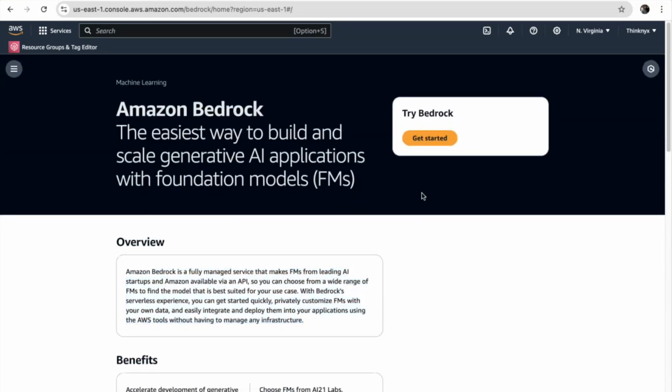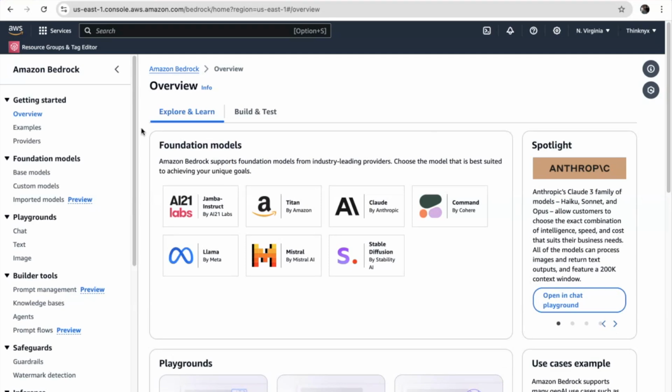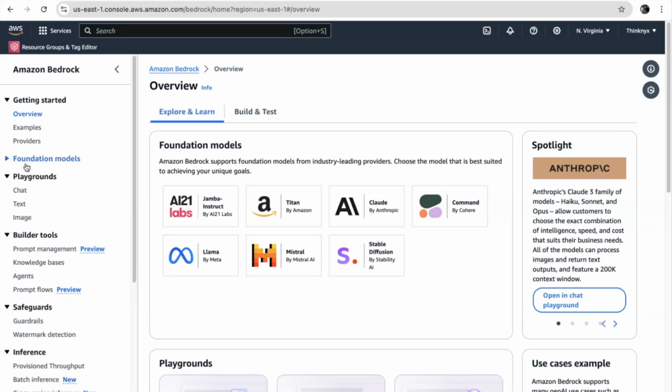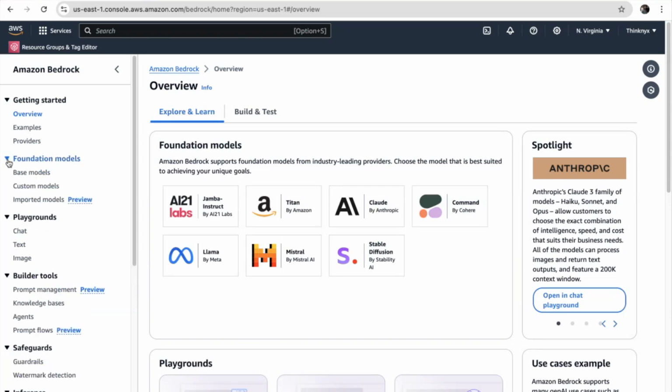Let us see. So get started. See here. If you see this portion here, foundational models. Now, if you come here, you will see all of the models here. You can have base models, custom models, and even put your own models. Now, this is something which is newly here. It was not there earlier. See this, it's in preview. So you have a base model, right? These are all the foundational base models